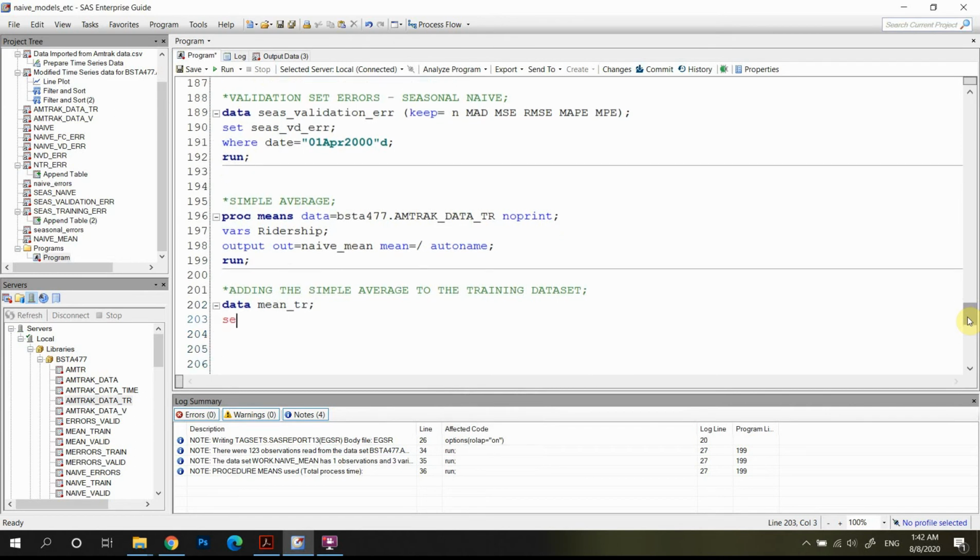This is the new set we are creating, and the set that we are going to be using is this one, BST 477 Amtrak data TR. I'm just going to copy it. Done. Now we need to set the condition. If underscore n equals 1, then